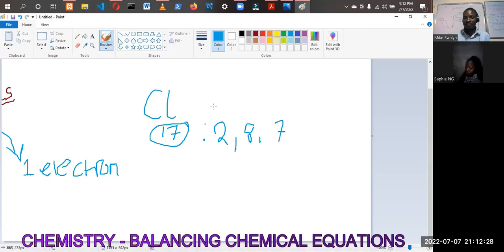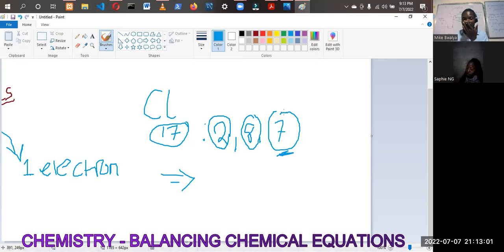What is happening is that the first one is always 2, the second one is always 8, and the third one is whatever adds up to the total. So for chlorine, it is an exception. The last number there is what takes part in the chemical reaction. But if this last number is 5 and above,